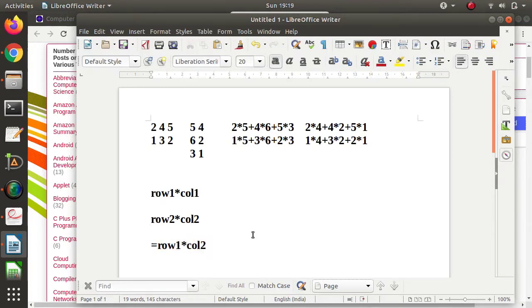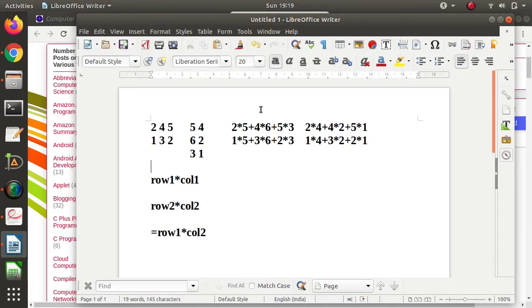Now see, when we multiply these two matrices there are two techniques for calculating the result. In the first technique we can use one thread for finding this value, another thread for this, another for this, and one for this.